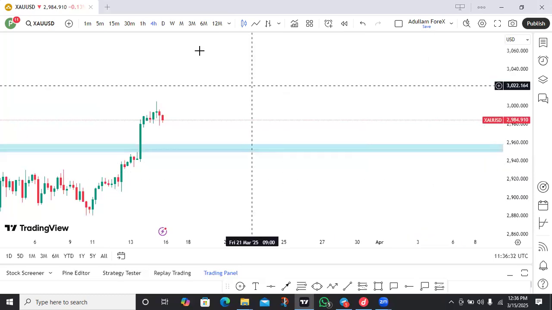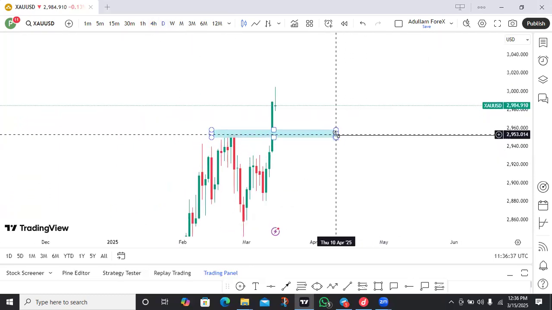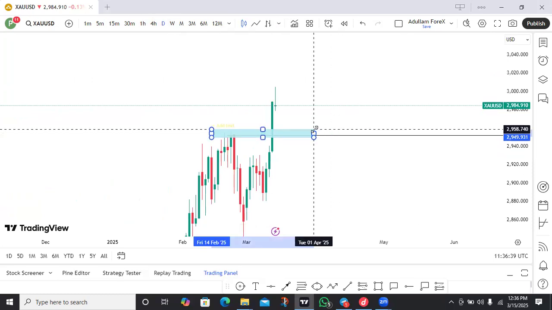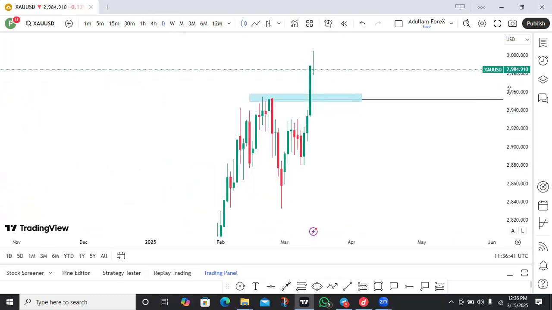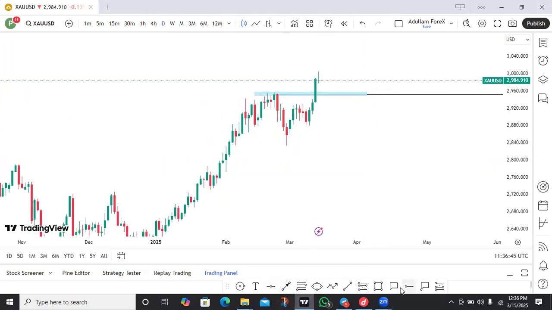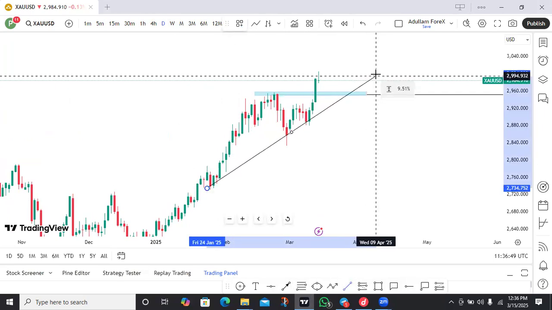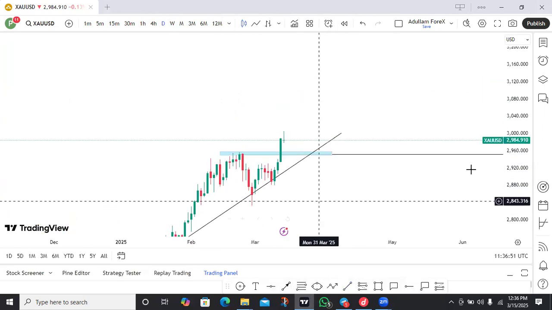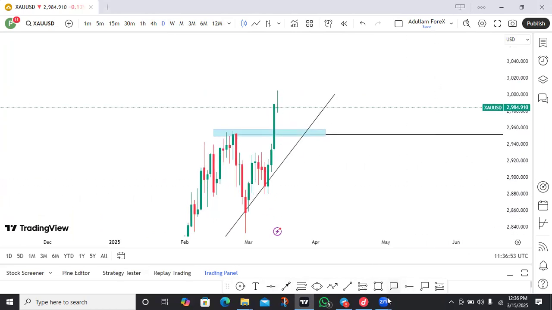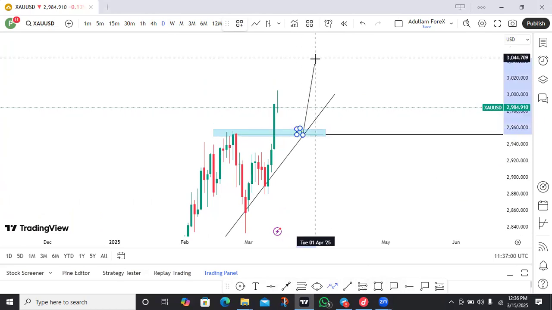So we are going to consider that daily blind spot as our area where we are going to be looking by next week to take a trade from there, right? So now can we also put other confluences? Even if we connect a trend line, we don't know how the market is going to do, but we can also connect our trend line right here. And we can also say that, okay, fine, the market is going to react from this point. This is where we are expecting the market to come and give us what we need